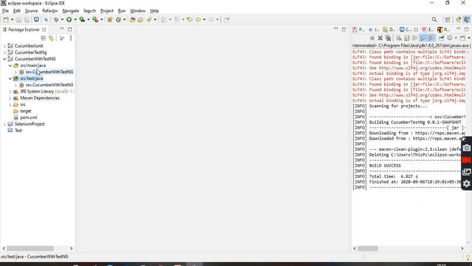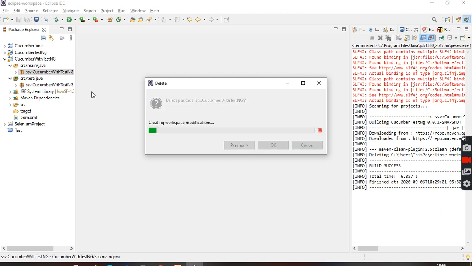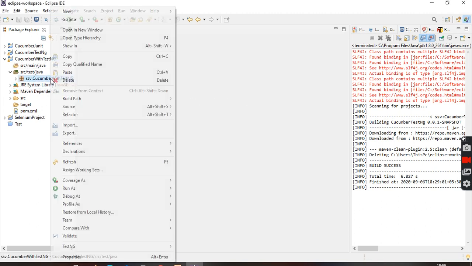That is why they get the two things: development code here and unit test code here. That is why they get the two folders. But there is no restriction. You can develop here also, here also. It's up to you. For the time being, I will just delete these two things.